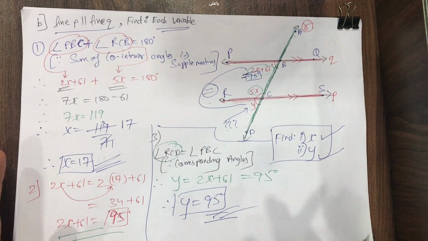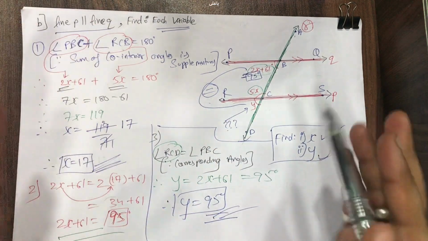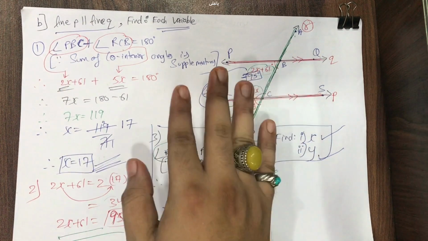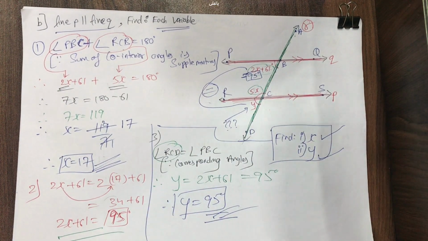Please pause the video. You will draw the diagram. Minimum height of the diagram should be 7 ruled lines at the center of the page. I don't have place, that's why I draw on the right hand side. And do leave lines between every step. Presentation matters a lot, please. Thank you.